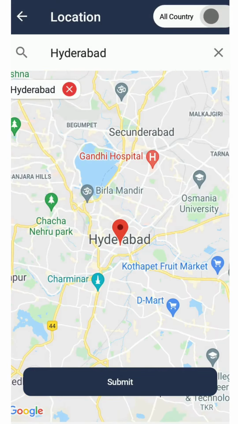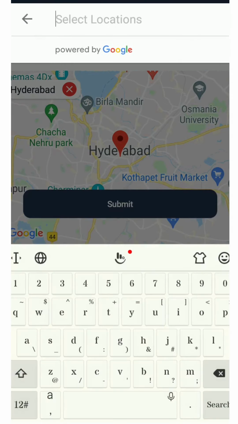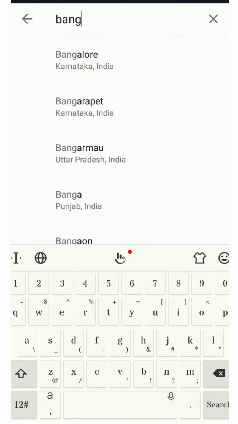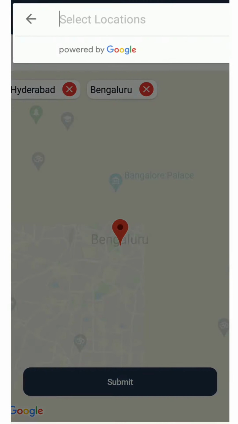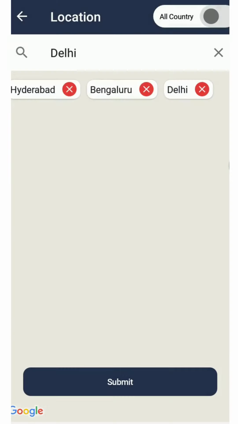And if I'm looking for a job in 2-3 different cities, in that case also I can select multiple cities. So I selected Hyderabad and I will type Bangalore and Delhi. In this way I can select multiple cities.